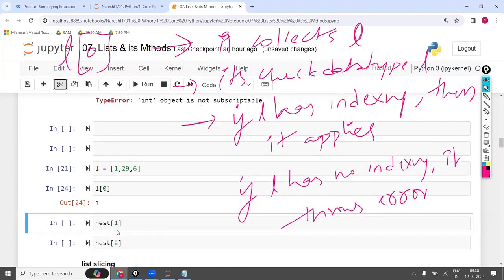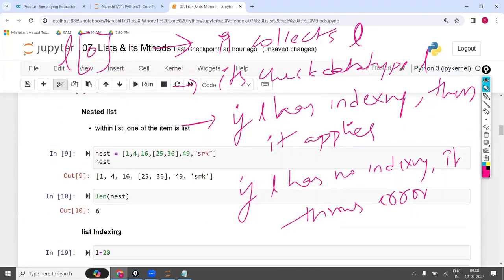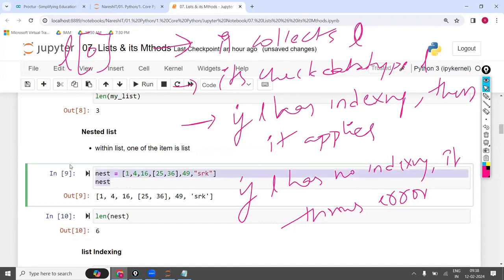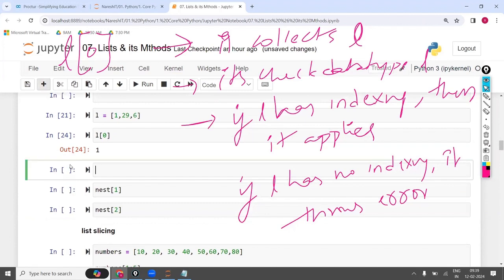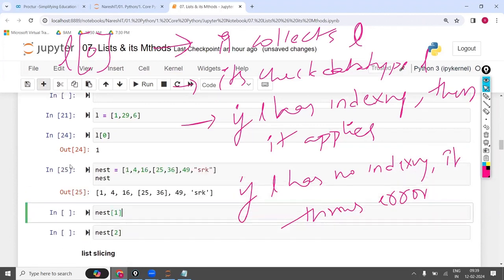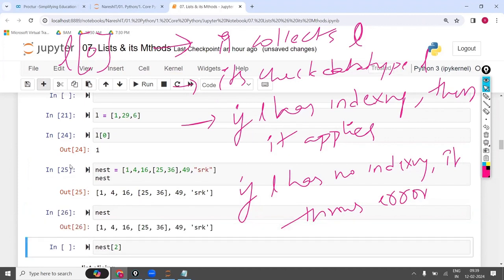Now similarly, let's move on to this example. Same. Now let's try this example. First it is collecting the nest word. In the nest, what is the data type? Now instead of L, the variable name is nest.